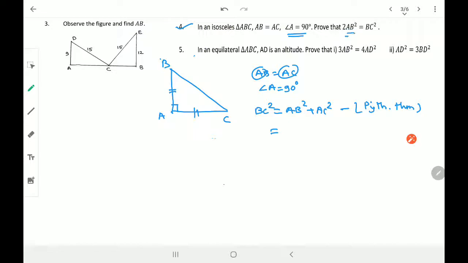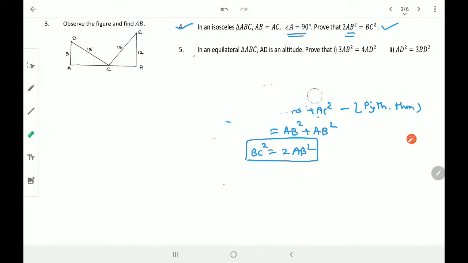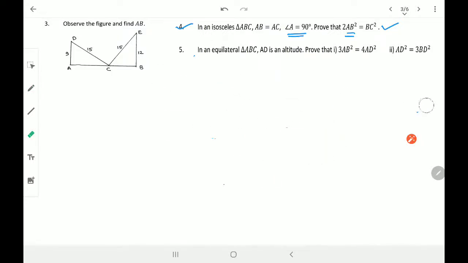Okay, so I want AB, so I'll just keep the AB there, and AC has been replaced, so AB square plus AC is of course equal to AB, so it is AB square. So what do I get? BC square is equal to AB square plus AB square, 2AB square. That's it, and that's the proof. Easy था? Yes, very, very simple, कुछ ज़्यादा difficult नहीं है ना? चलो आगे बढ़ते हैं, let's move ahead.